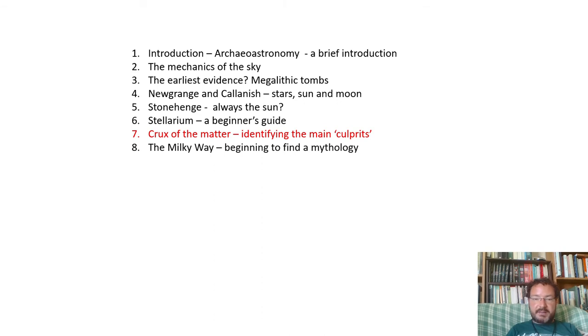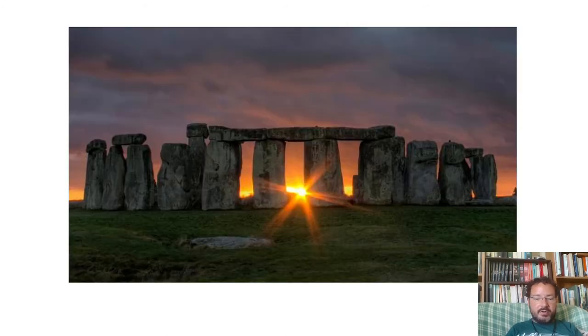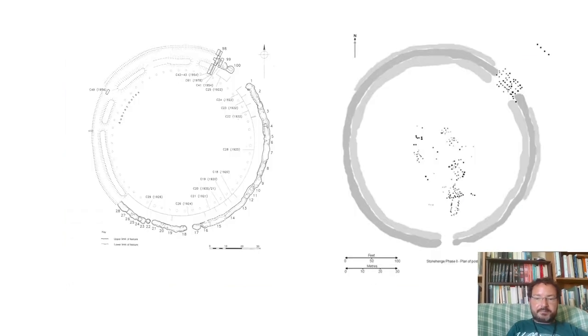So having looked at the astronomy software that I used in examining the sites, initially Stonehenge, we'll look now at what I started to uncover. So looking beyond the idea that Stonehenge was just a site associated with sunrises and sunsets. So here's two plans of the site, phase 1 and phase 2. And we saw how in phase 1 there was an initial south-southwest entrance with this particular alignment to the south-southwest